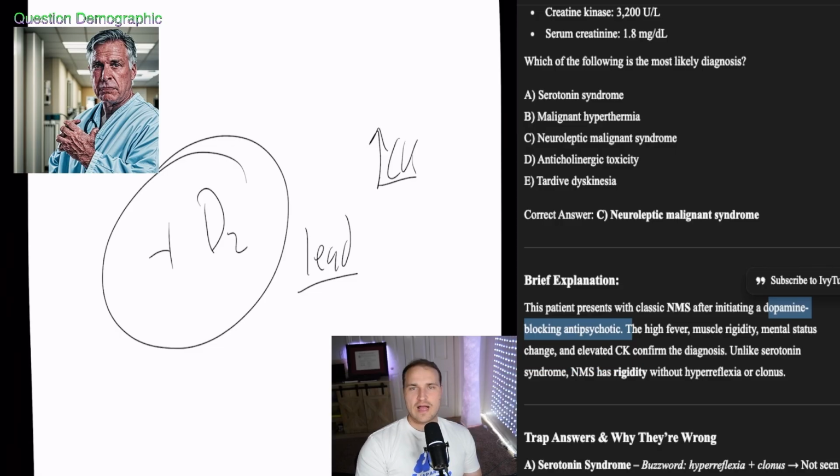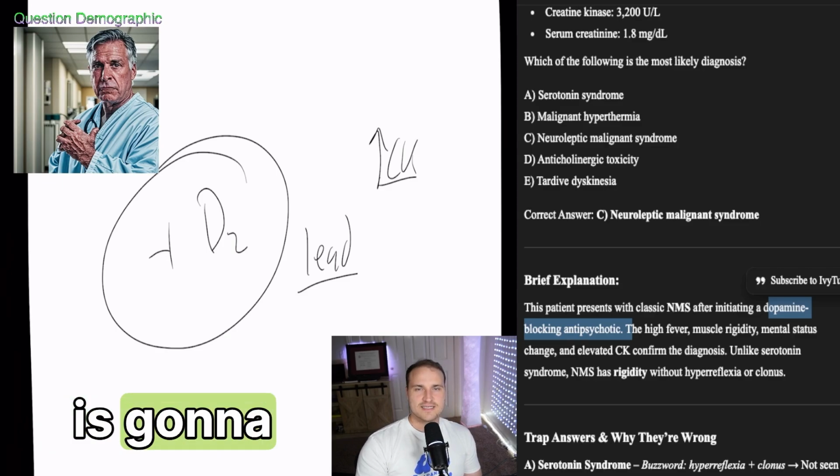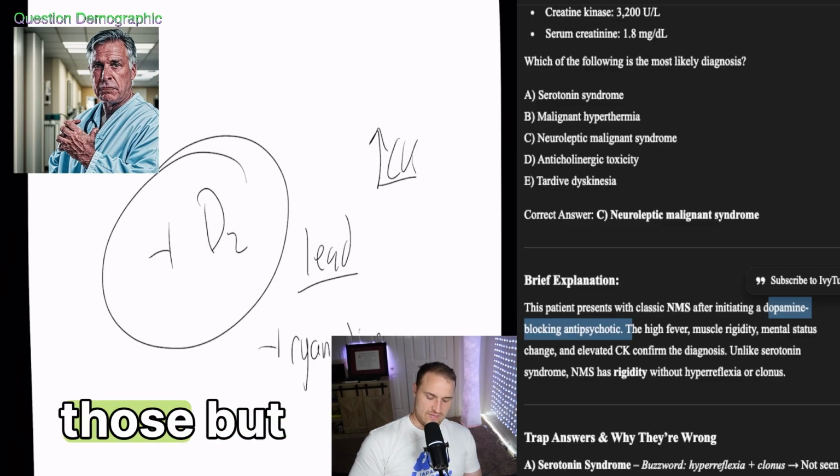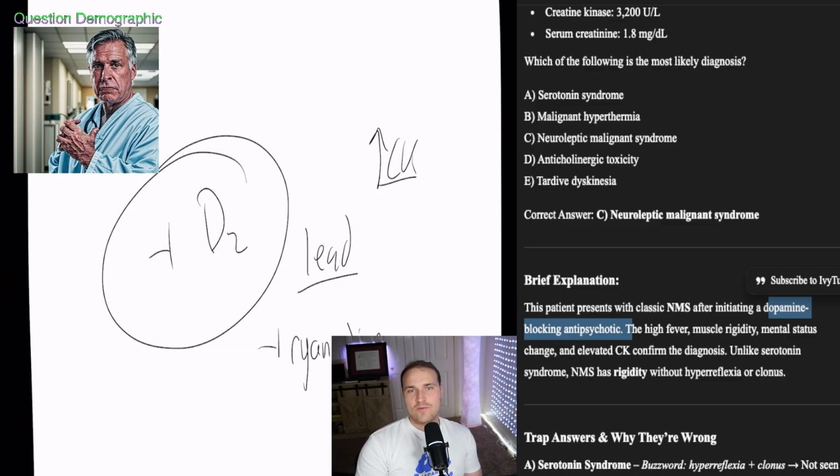So first of all, how do we treat this? We have to stop the antipsychotic. You have to give supportive care, right? Hydration, cooling. Dantrolene is going to inhibit the ryanodine receptors in the skeletal muscle, right? You got to inhibit those with dantrolene. And that would cause less calcium release and so less rigidity, less heat. Bromocriptine, amantadine, these are dopamine agonists and they